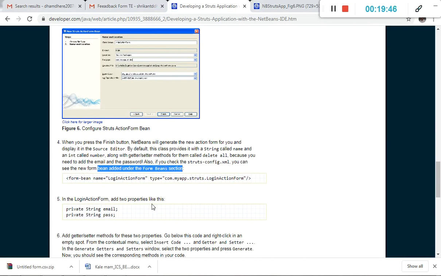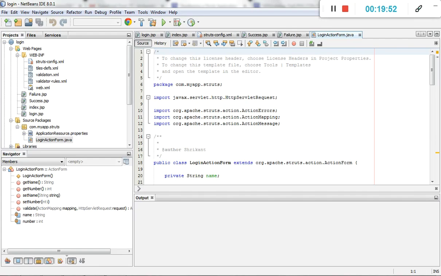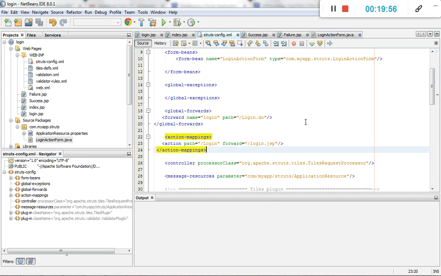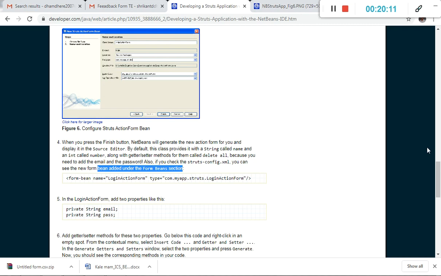It's com.myapp.struts.LoginActionForm, automatically added under the config file. If we verify this, it automatically comes under this file, here is a line. That one is a form bean with the LoginActionForm. That one is called myapp LoginActionForm. Okay, that one is because of Struts.